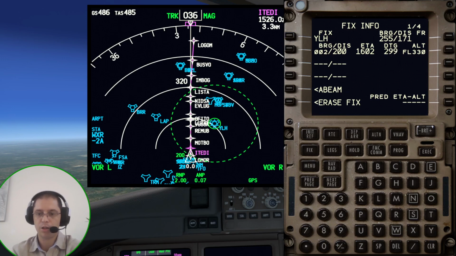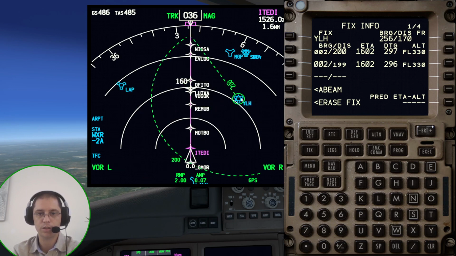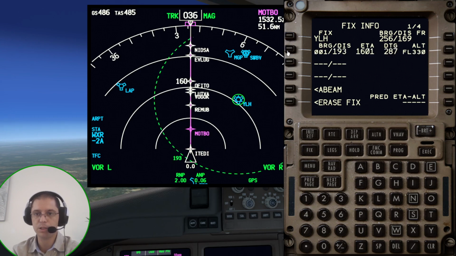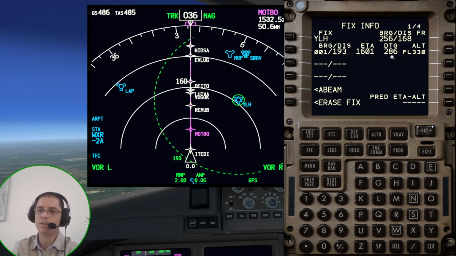Okay, we can also set 002 as this bearing, with or without slash, and then it is going to create a line that just confirms that we are going to cross the 200 miles on that specific bearing. Okay, I'm going to try 193 again because it should give us the exact information. Yeah, now it shows, as you can see, 193 miles on the bearing 001 at 1601, 286 miles to go,